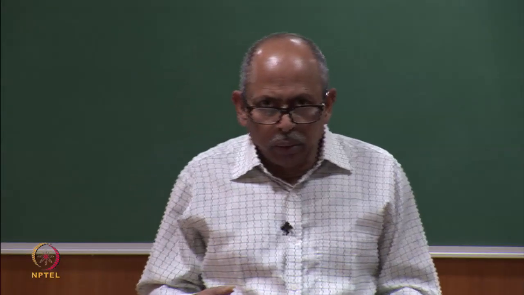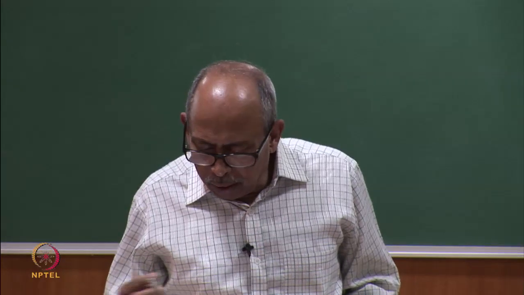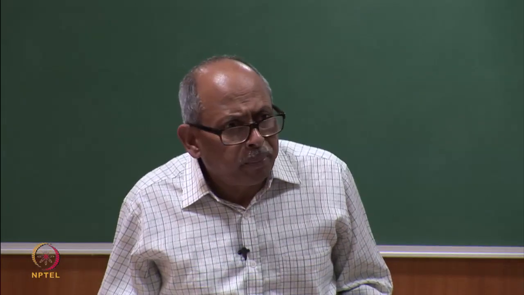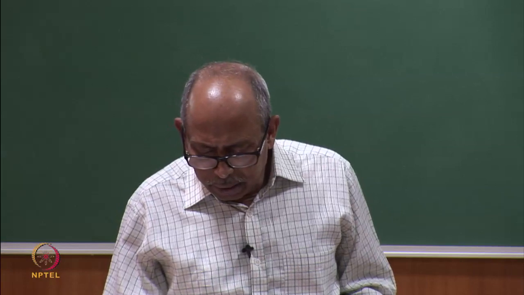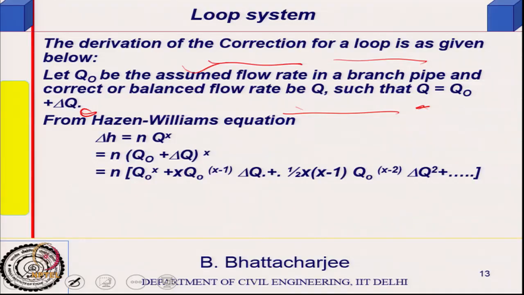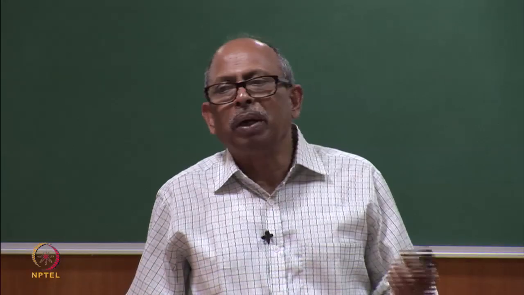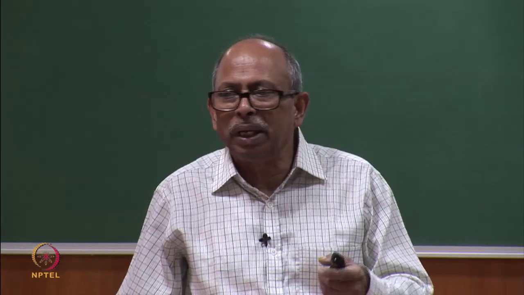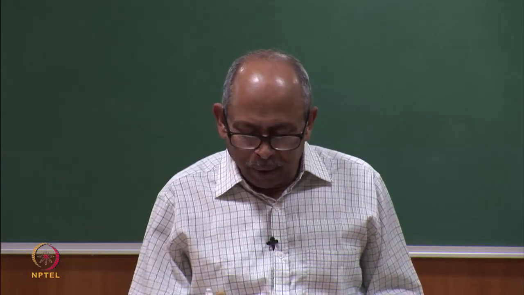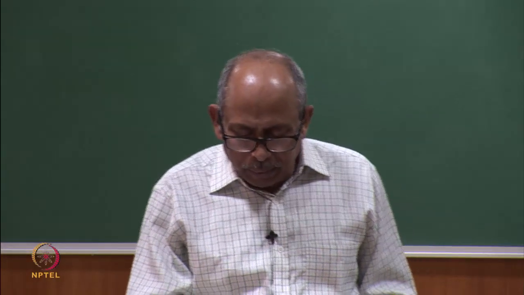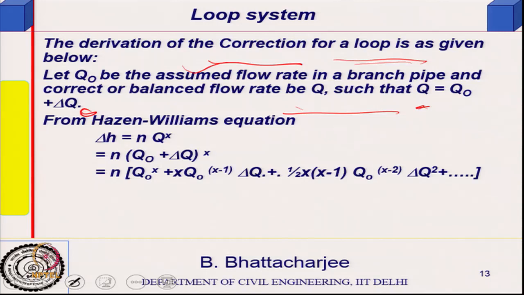Okay. So, we will look into the pipe network again. As I said, we have to find out the correction, but one important point is that the Hazen-Williams equation is commonly used, but one can use other equations because they are empirical, like Manning's equation as well. So, let us see how the Hazen-Williams equation can be used here for solving a pipe network